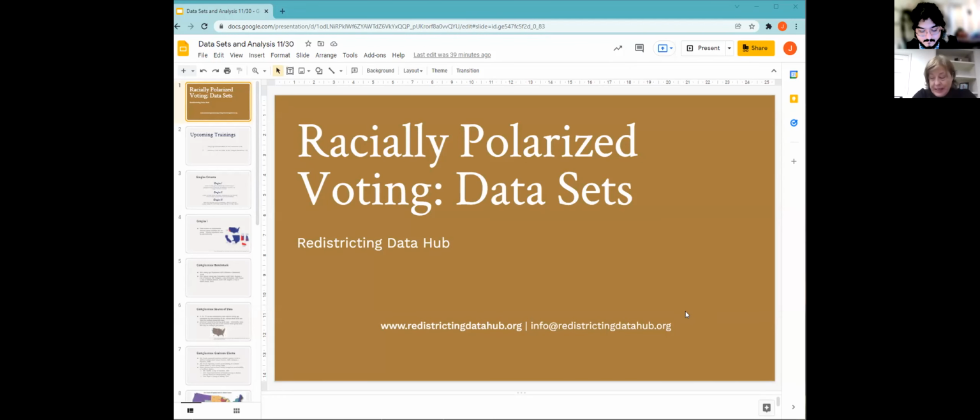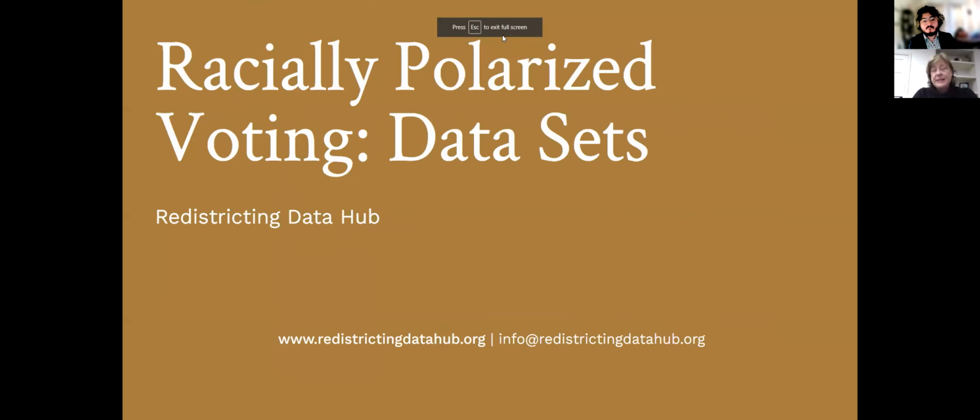I know Fred McBride already gave you a very thorough introduction to the Voting Rights Act. I'm going to start my story with Thornburg v. Gingles and the data that a minority group would need to show that they could satisfy the three